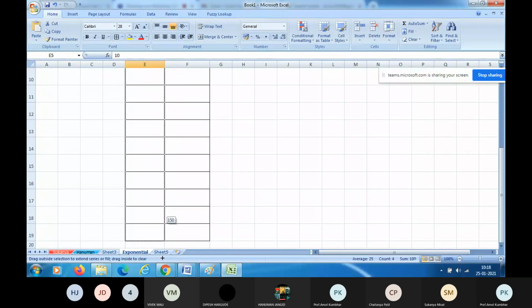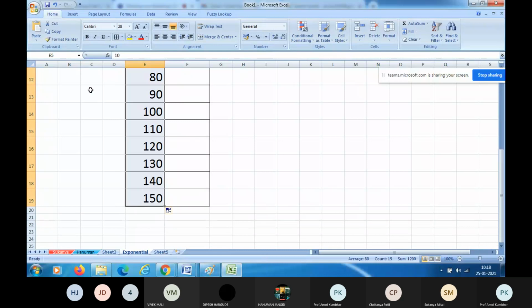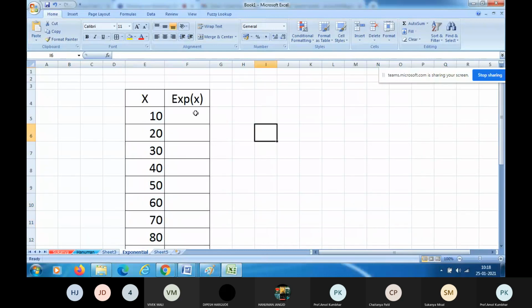So let us use value of x as, suppose it is 10, 20, 30, 40. Select, fill handle के ऊपर क्लिक कीजिए और ड्रैग कीजिए, then all the values will appear. So drag the mouse. Let us choose 150 value. Last value is 150. Now once you select the values of x, now let us calculate exponential of x.